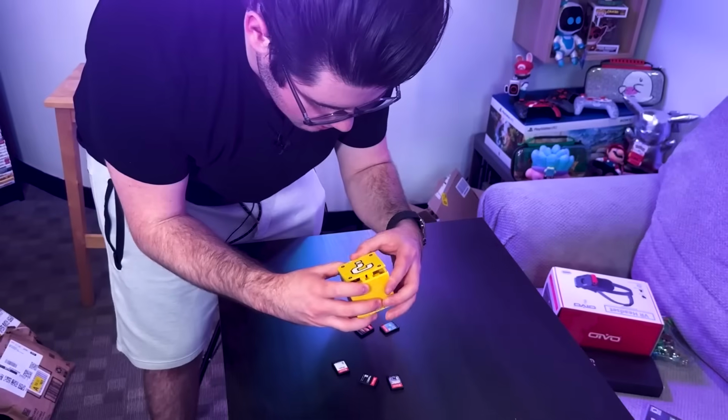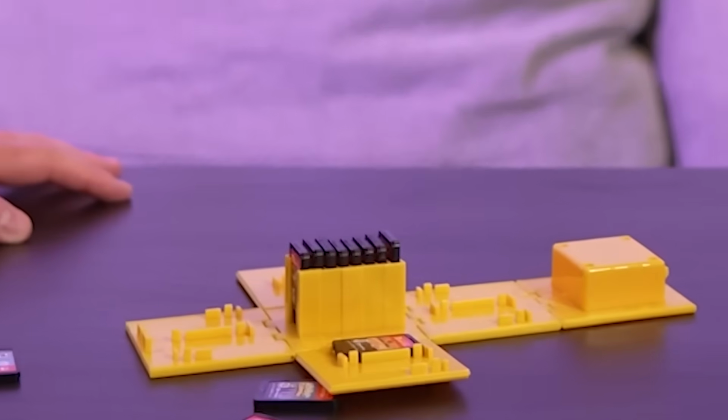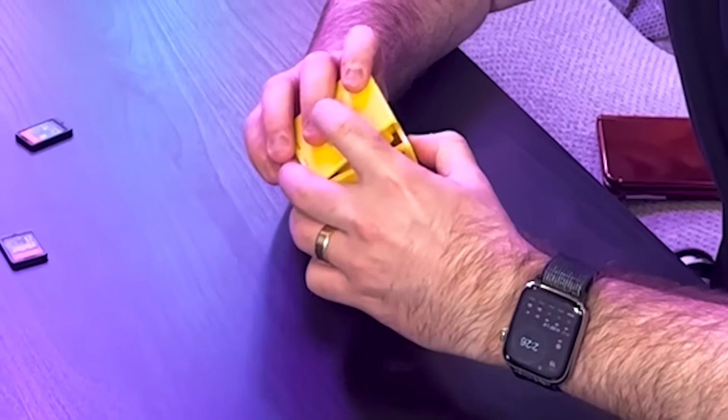How do I even close this? That's it. And then this is not practical in the slightest. This doesn't make any sense. Who would buy this? As Laura said, pretty hard to open, not user-friendly. I would actually agree with that. I guess it's fine to open, but it's actually pretty difficult to close. You gotta do them all in the right order, and then you gotta put the front out to get the